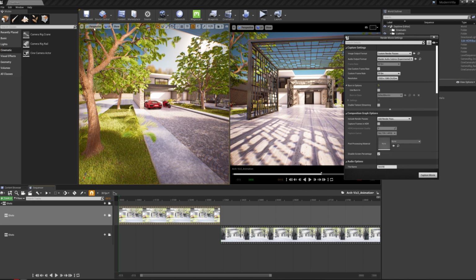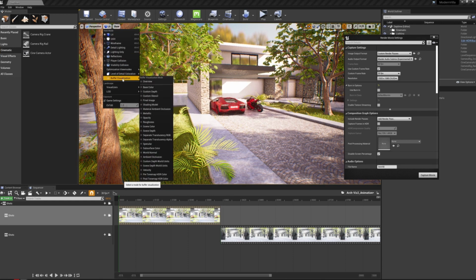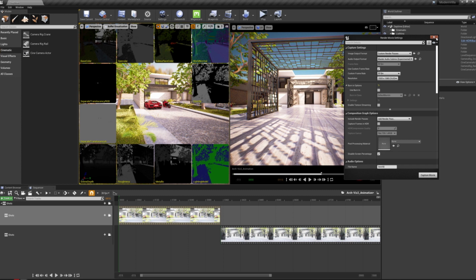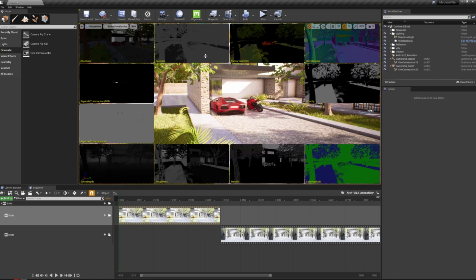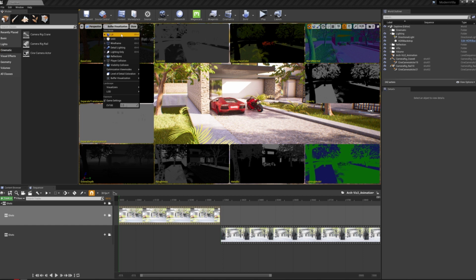You can actually see these effects if we maximize this inside the buffer visualization. If you go to overview, let's maximize this a little bit, close this. I'm gonna click on F11. So as you can see, some of these passes are available here, so you can check them out before exporting your pass, like the roughness, the metallic, or the specular. You can use these passes in your final post-production inside Adobe Premiere or your preferred